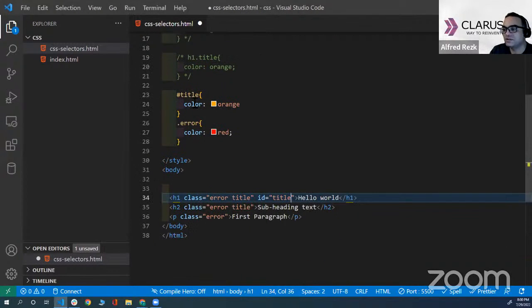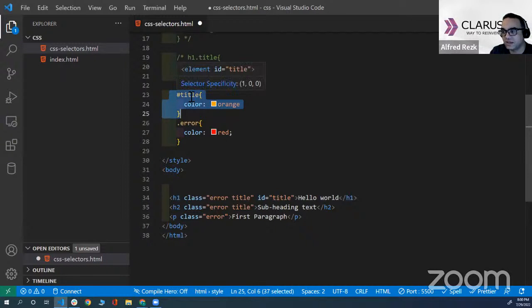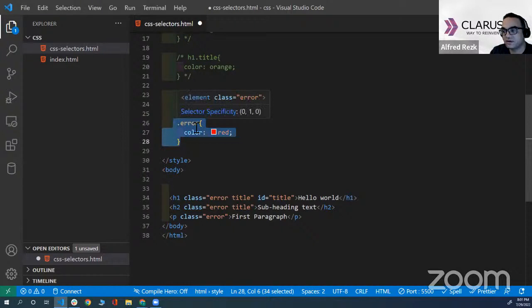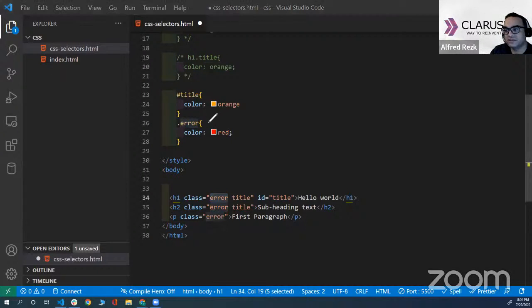So I'm targeting an element that has an ID, orange, and an element that has a class error. So in H1 here, it has the class error and it has the ID title. And keep in mind that this class comes after this ID,